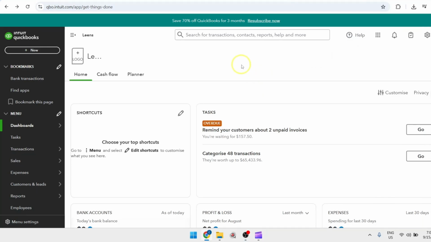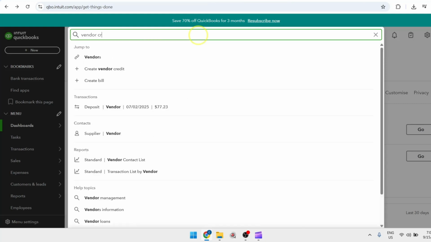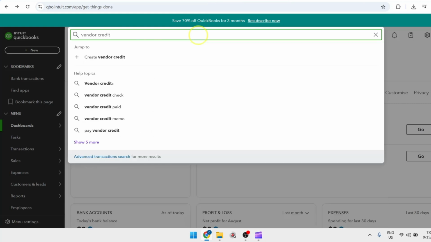So for today's video, I'm going to teach you how to enter a vendor credit in QuickBooks. So first, you may want to head over to qbo.intuit.com and of course, make sure that you're logged into your account. Next, in the search bar, we're just going to type in vendor credit. And as you can see, there's a setting here that says create a vendor credit and all you have to do is click on it